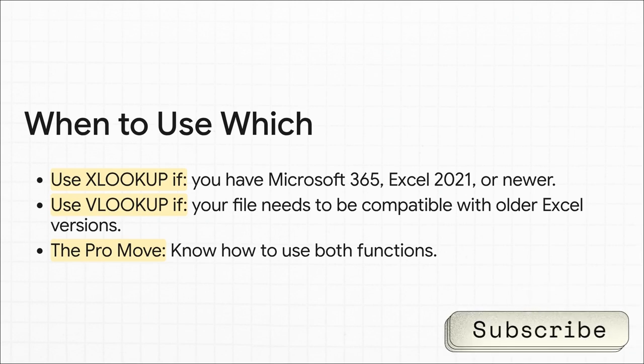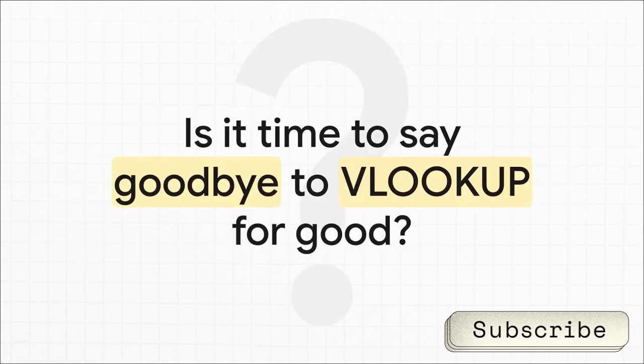But if you need that file to work for someone using an older version of Excel, you gotta stick with old, reliable VLOOKUP. The real pro move? Know how to use both, so you can always pick the right tool for the job. At the end of the day, XLOOKUP is more powerful, it's safer, and it's way more flexible in pretty much every scenario. So now that you've seen the head-to-head comparison, the only real question left is, is it finally time for you to say goodbye to